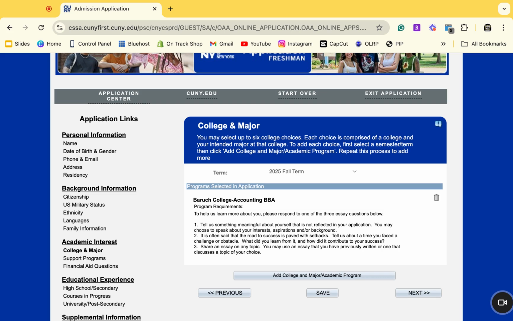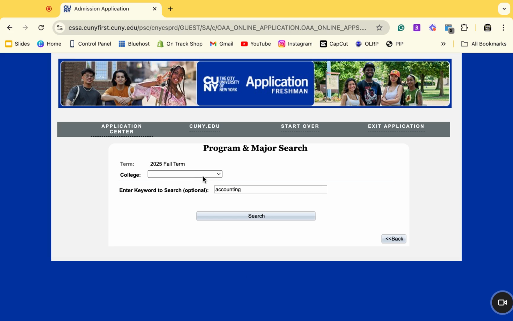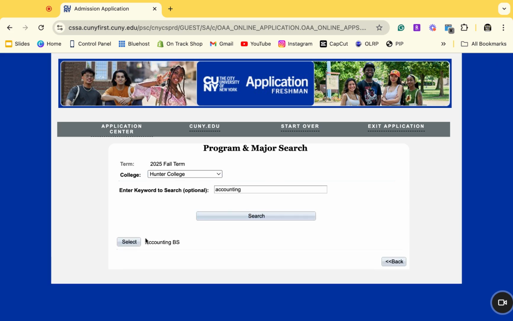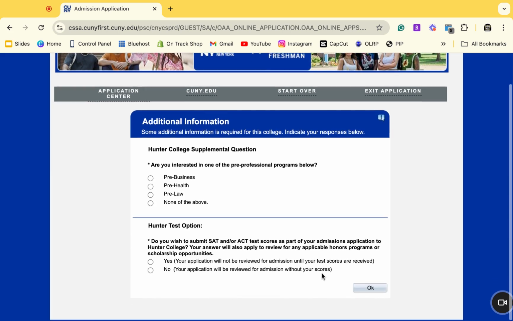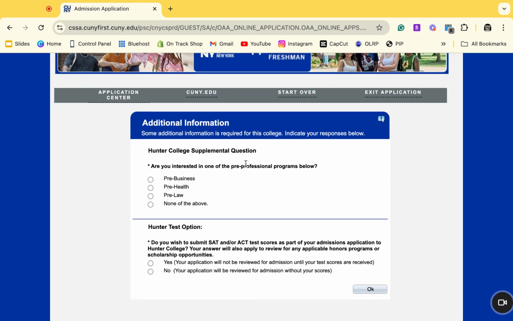The other thing is that if you notice, Baruch has a program requirement, and we want to pay attention to the program requirement because they're telling you exactly what they need. So they need students who are applying for their school to pick one of 3 essay questions, and you answer it, and there's going to be a place for you to add your essay, but they're letting you know up front, in order to get in here, you have to provide an essay. I believe that is the case for Hunter also. So let's see if Hunter also has that requirement. Yep, Hunter has a supplemental question